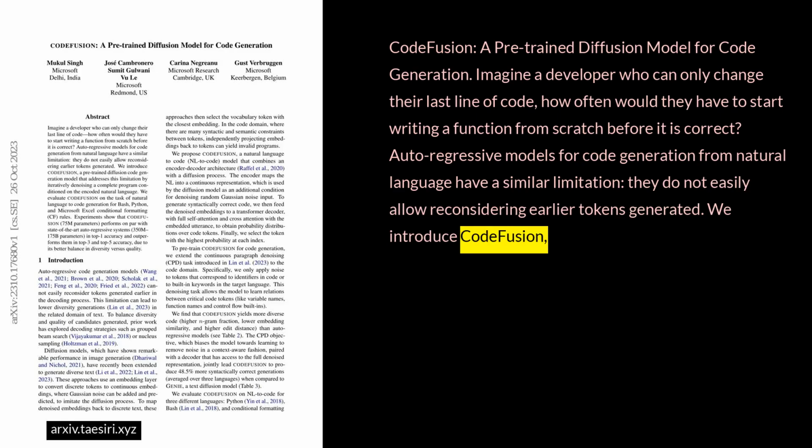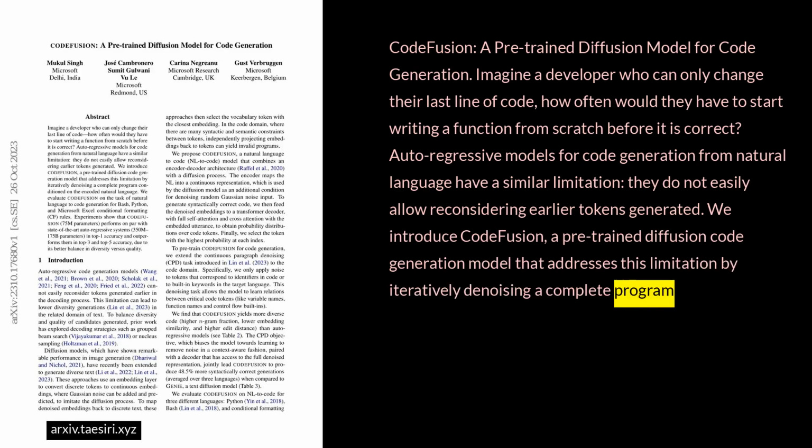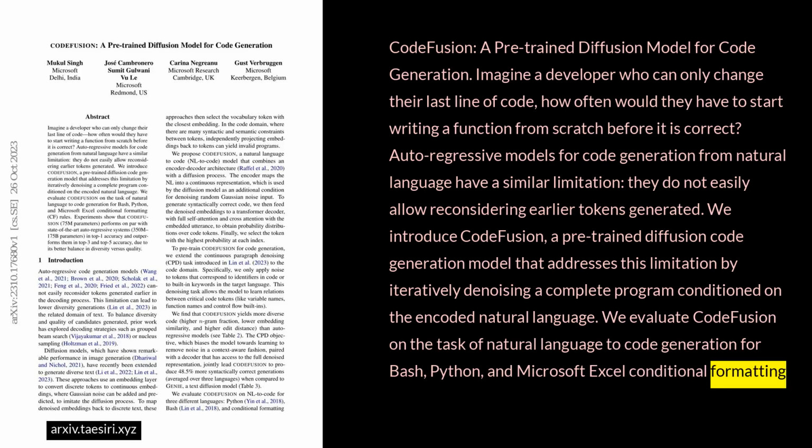We introduce CodeFusion, a pre-trained diffusion code generation model that addresses this limitation by iteratively denoising a complete program conditioned on the encoded natural language. We evaluate CodeFusion on the task of natural language to code generation for Bash, Python, and Microsoft Excel conditional formatting,